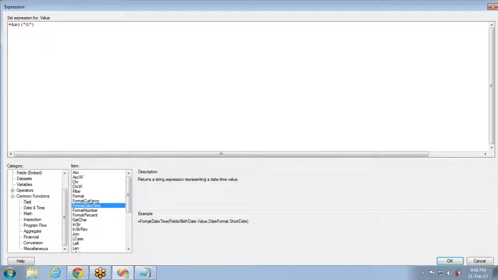You may use, may not use, and generally what people use is the Join operator. I showed you an example where we use the Join operator. If you have a multi-value parameter, then you can concatenate and show all the values. And LCase to convert the values into lowercase, and Left if you want to show only the left 4 characters.